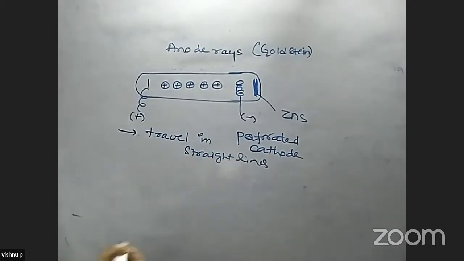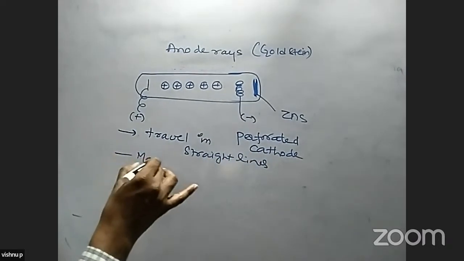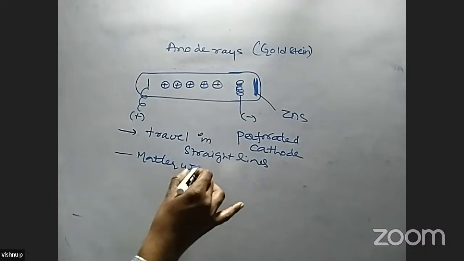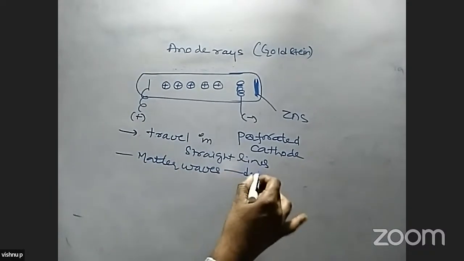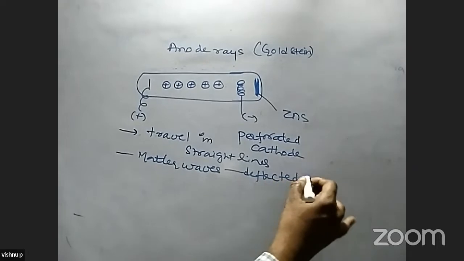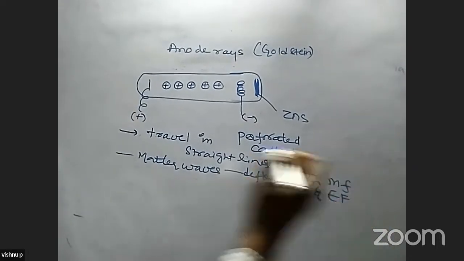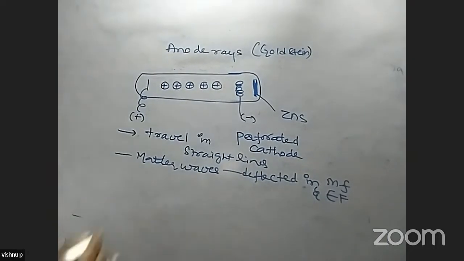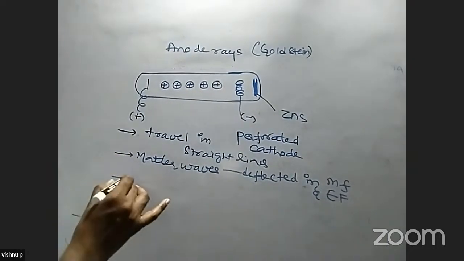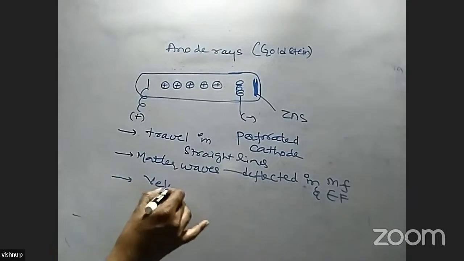Anode rays travel in straight lines. Again, these are matter waves. What is the nature of matter waves? Again, it is deflected in magnetic field and electric field externally. Anode rays and anode rays velocity